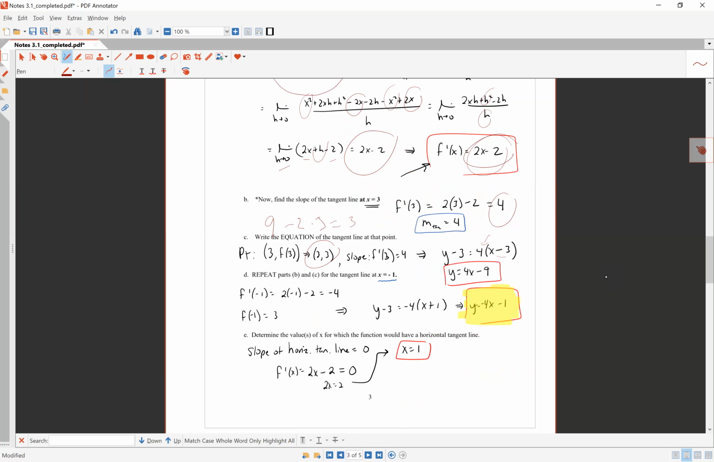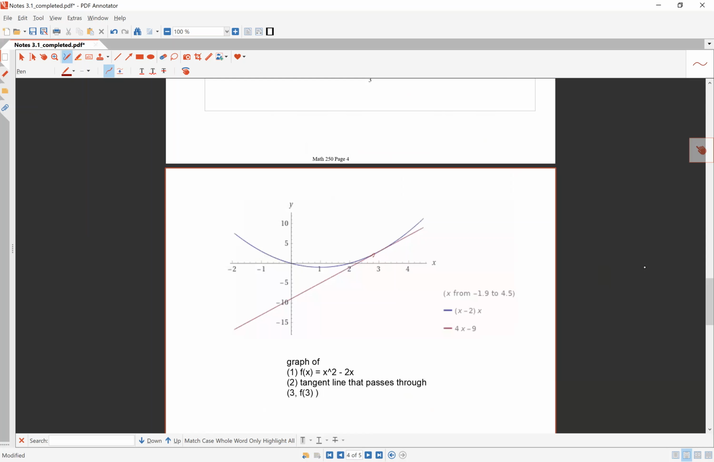And then you can actually do it for other points, just for x equal to 1. But let's go down here. It's actually graphed here, okay? I think it's a good idea to graph this, right? There's x squared minus 2x. Here's your tangent line. And you can just see it just grazes the parabola at the point 3, 3. And so you might want to just try that same